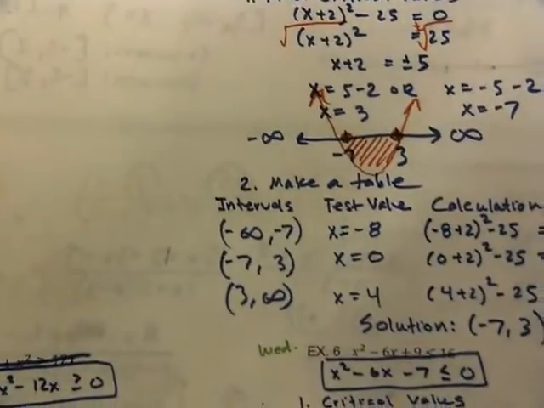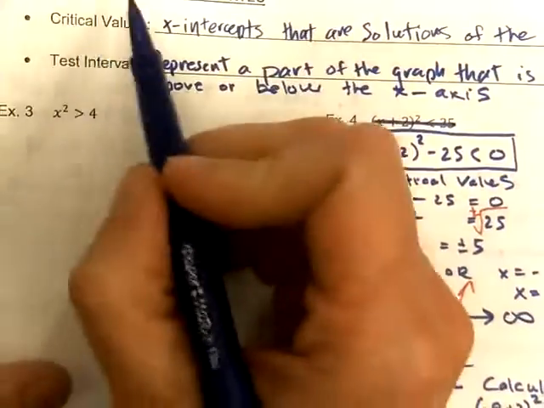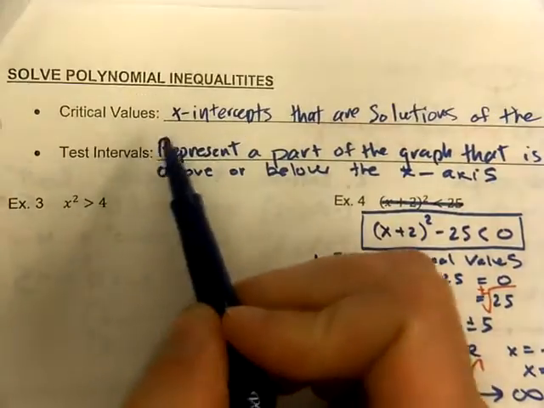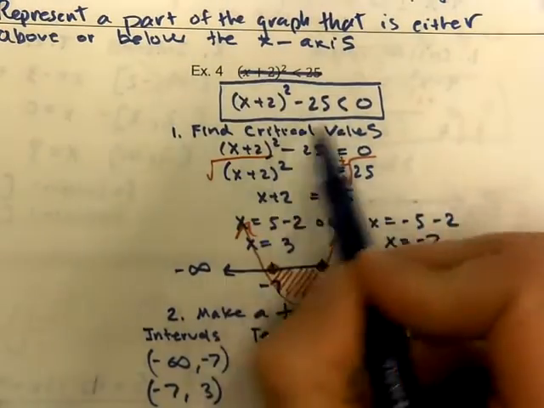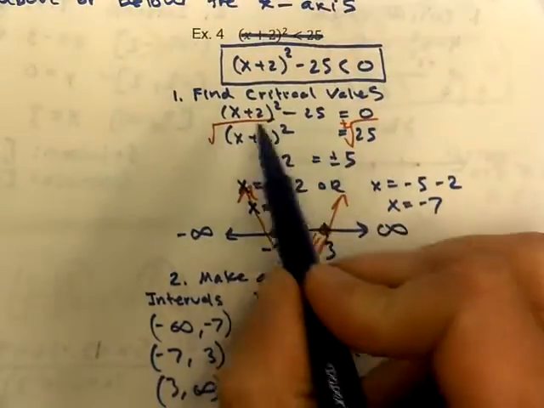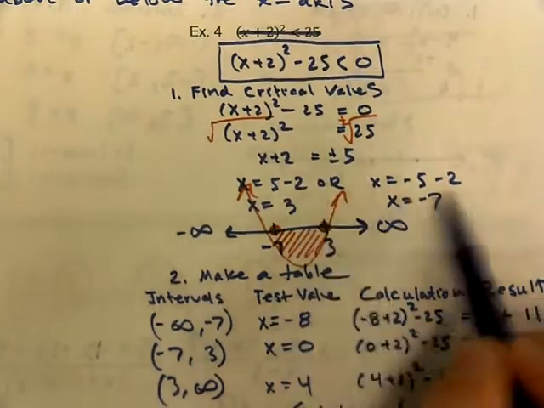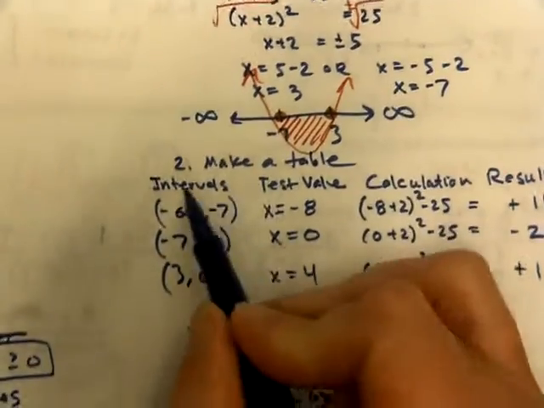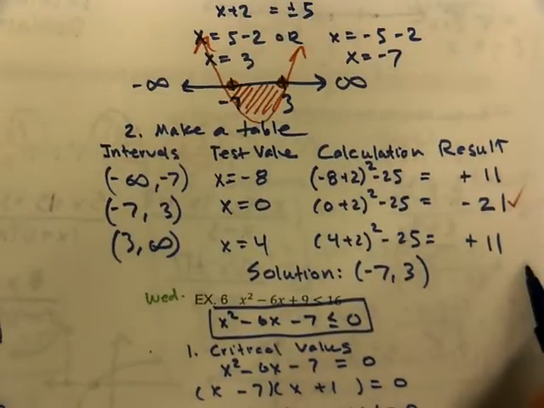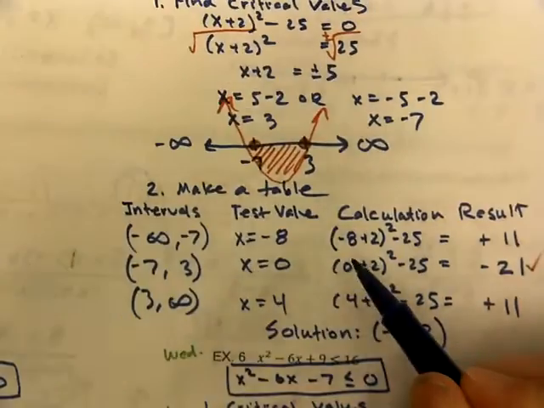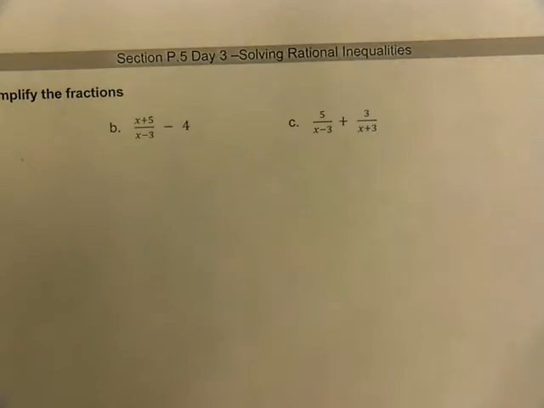When we were solving polynomials, we were looking for critical values, and then we were testing the intervals, right? So as an example, we would take the polynomial, solve it, finding those critical values, divide up the number line into those intervals, and then pick those test values to see what the results were. All right, we're doing the same thing here as well, except there are a couple extra steps because in this